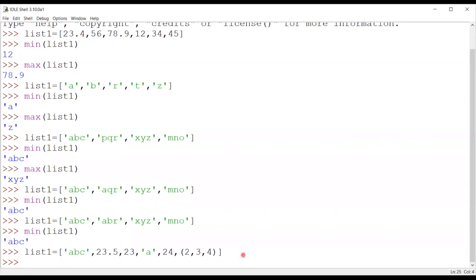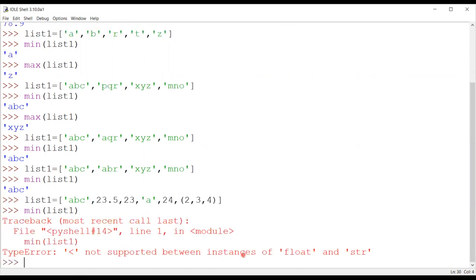There is no error because I have taken heterogeneous types of elements. Each and every type of operation can be applicable except min and max. So if I apply this min, I will get an error: not supported between instances of float and string. That means we cannot judge the minimum or the maximum value out of these two types of data. So my data either should be of string type only or it should be of number type only.